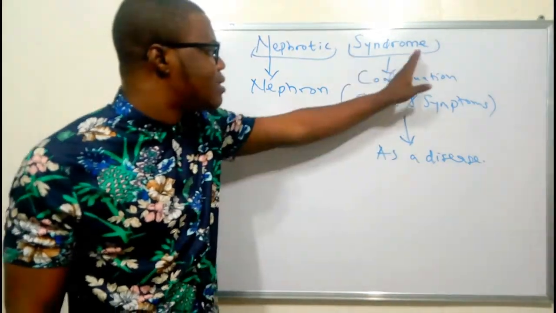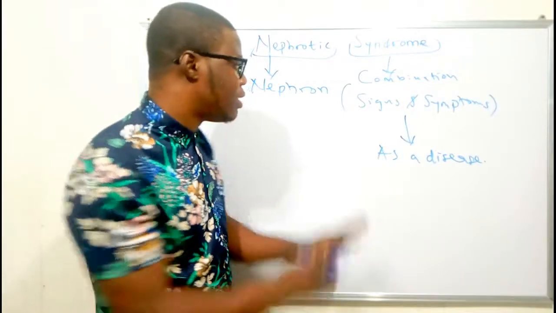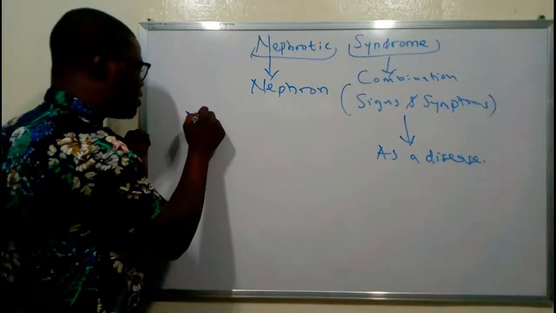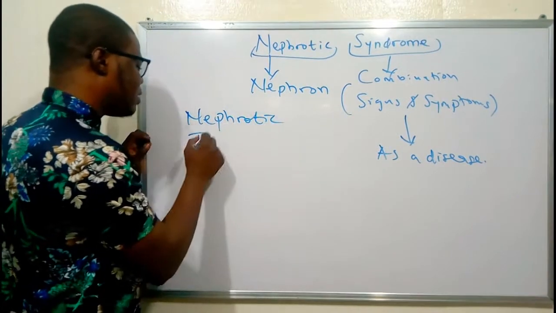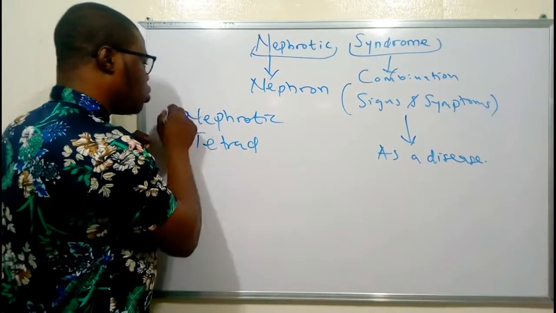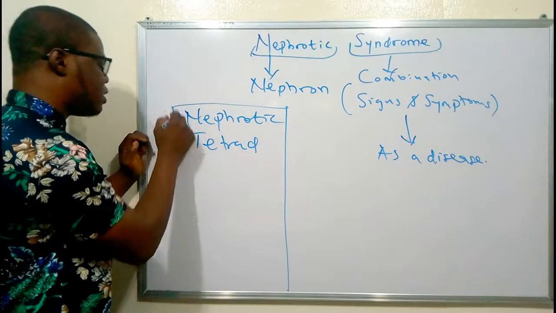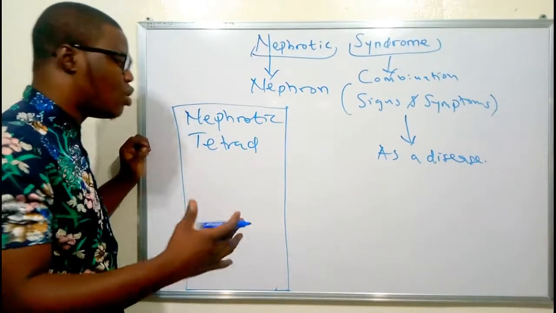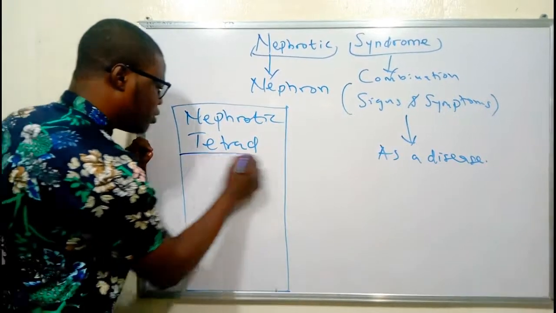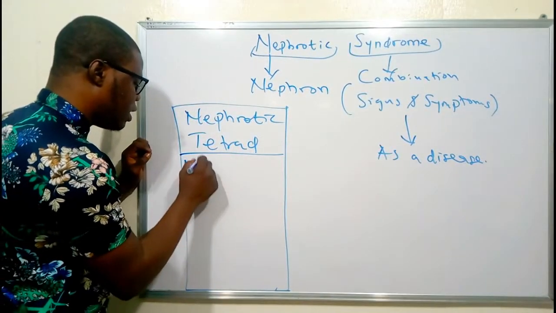So, with the fact that it's a syndrome, that gives us what we call the nephrotic tetrad. Nephrotic tetrad. So, what are the nephrotic tetrads? There are the four major signs or major symptoms of nephrotic syndrome. So, the first one is called